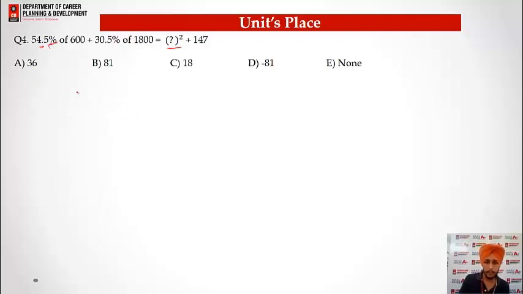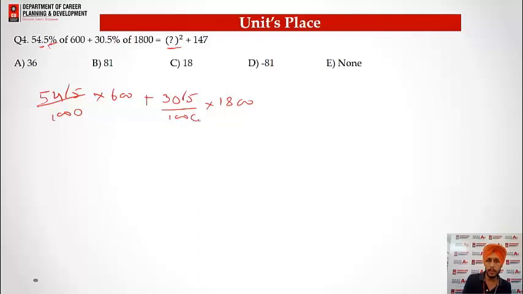So 54.5 percent is 100, and let's cancel the decimal. 1000 into 600 plus 30.5%, that is 100 of 1800, and let's cancel out the decimal. Here we have 1000 is equal to x square plus